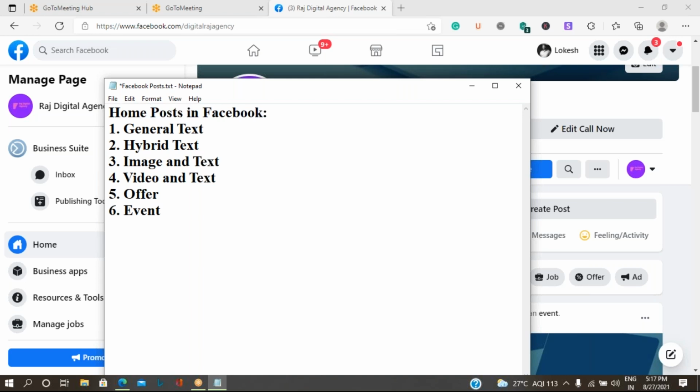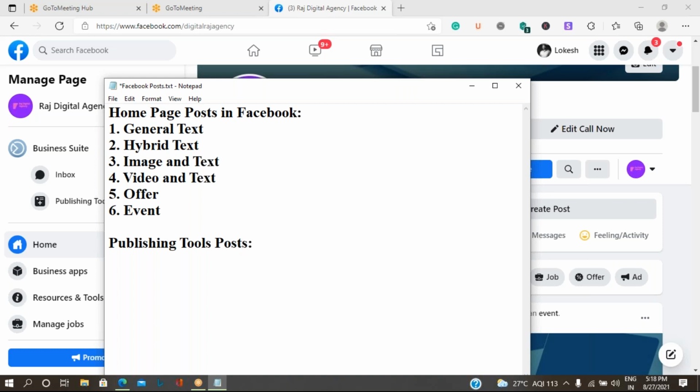I'll take the category as home page post in Facebook. There is another type of post, that is publishing tools post.